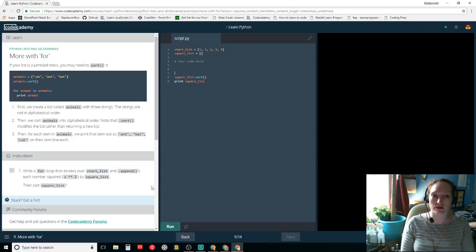I mean, thankfully, we can do that. Sort square list. There's nothing in square list, so we need to make something where it's like start list for, here we go, for start list in square list. Is that right?